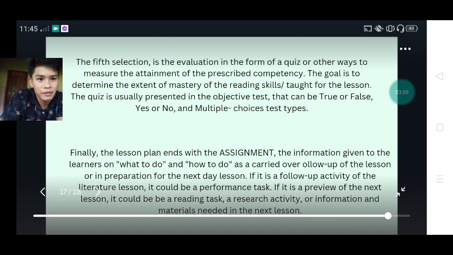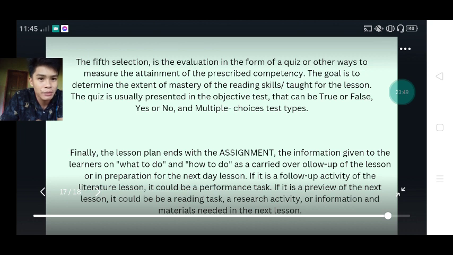The fifth section is the evaluation in the form of a quiz or other ways to measure the attainment of the prescribed competency. So, diri nga portion magpa-quiz na ka based on the story. Dili man ta magpabuhat og mga quizzes that are not related to the topic or the story. So, in order to measure the attainment, we must provide quizzes nga para mas ma-determine nato if they really understand the selection or the story.